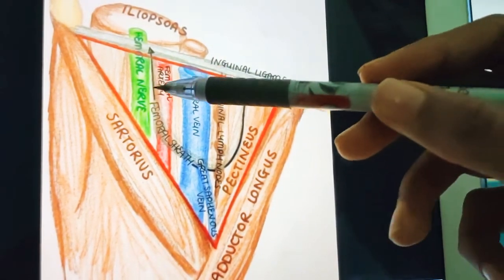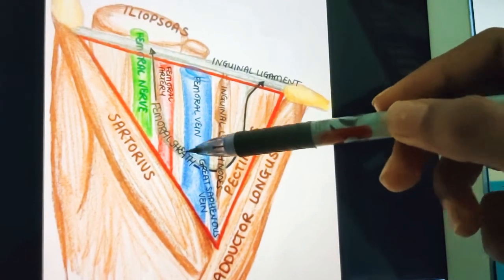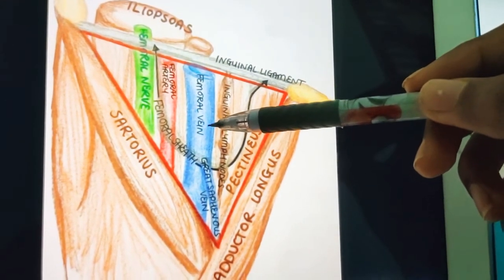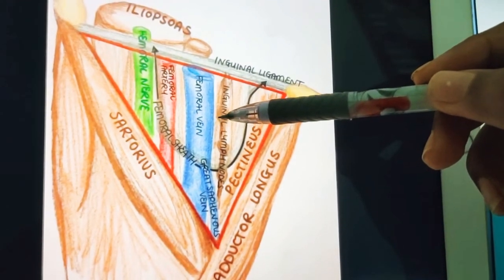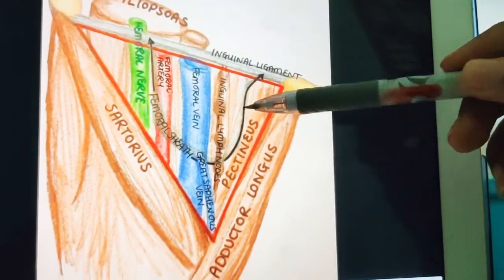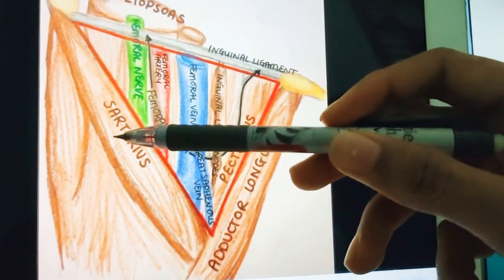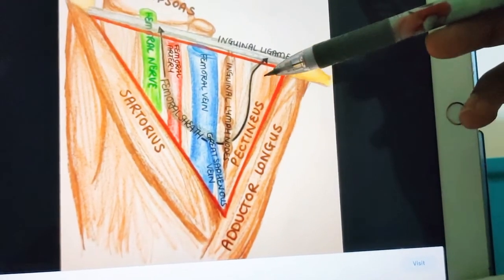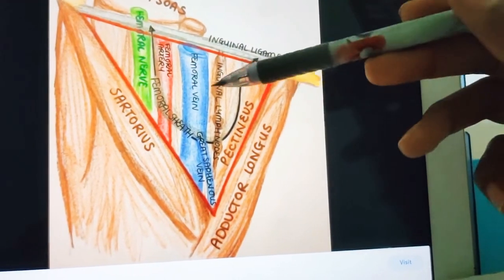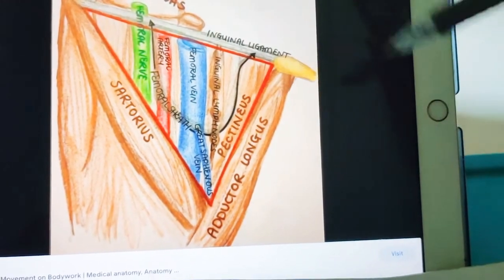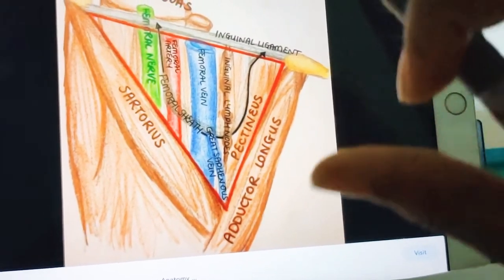Next, coming to the femoral branch of the genitofemoral nerve, it will be over here, right? If you remember from our previous video, that occupies the lateral compartment of the femoral sheath along the femoral artery, and supplies most of the skin over the femoral triangle. Next, the lateral cutaneous nerve of thigh crosses the lateral angle of the triangle. Also you have the deep inguinal lymph nodes. You can see here, this lies deep to the deep fascia. So this is all about some contents.